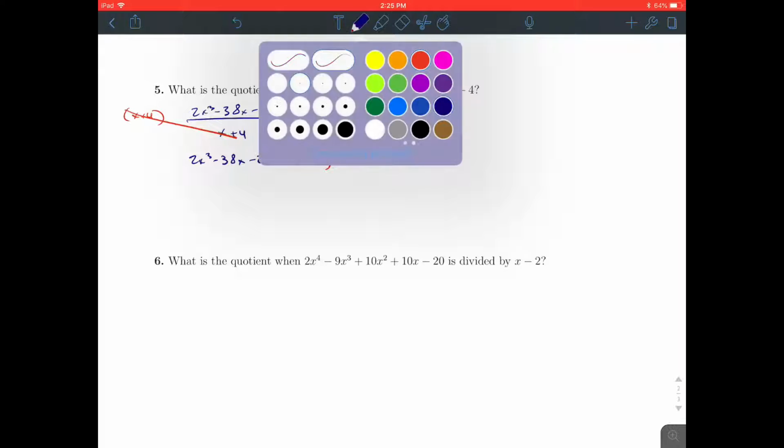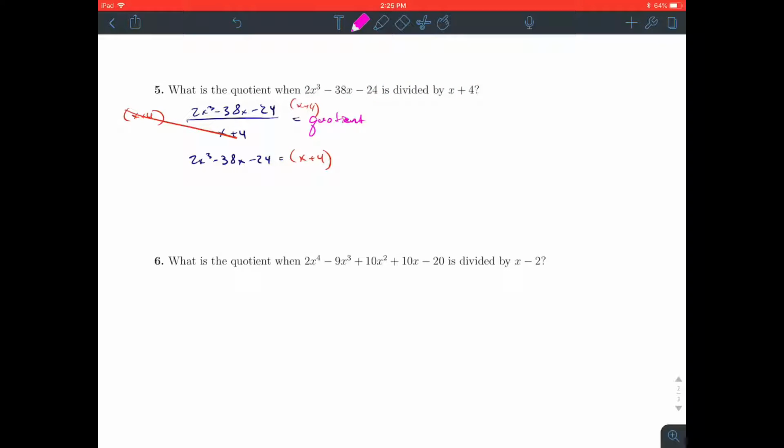So we'll end up with our x plus 4 times our pink quotient. Now, the quotient is the thing we're trying to find. So rather than find it through division, we can find it through multiplication. X times the first number has to give us 2x cubed. That would make this 2x squared. X times 2x squared is 2x cubed, so that is perfect. Now, when we put the 2x squared there, we also do 4 times 2x squared, giving